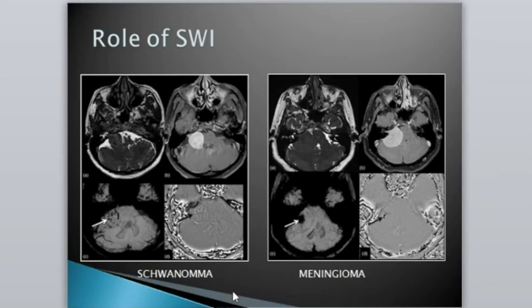There is a distinct role of SWI in distinguishing between a CP angle schwannoma and a meningioma. These are the images taken from a journal because I could not find lesions, a schwannoma and a meningioma, which would look similar to each other and thereby provide a teaching point. So the image on the left side is that of schwannoma. You have an SWI sequence and the post-contrast image showing ice cream cone appearance and punctate foci of petechial hemorrhages